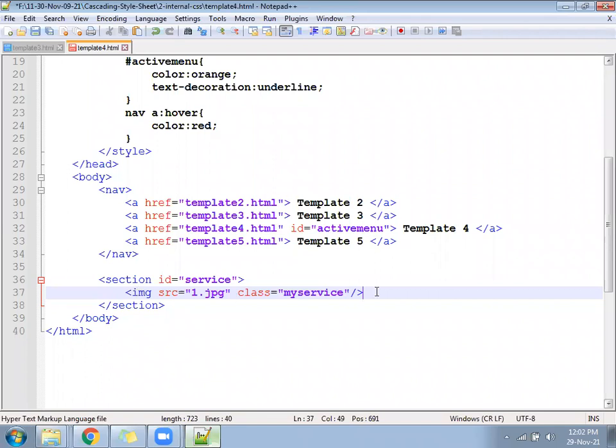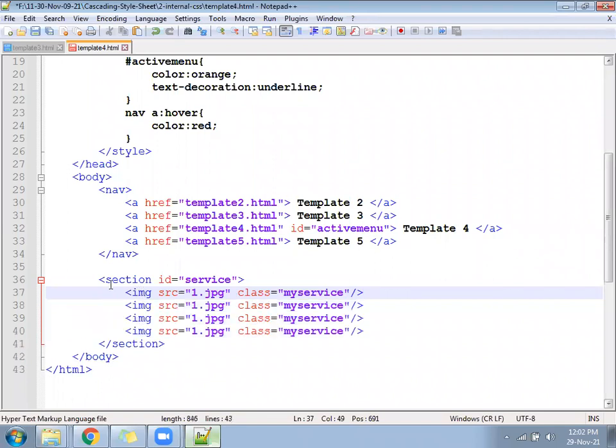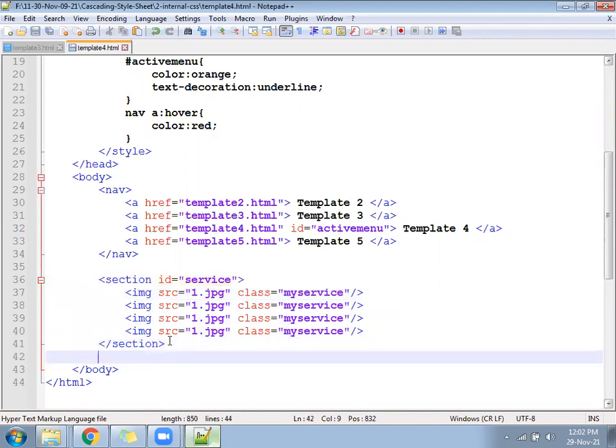This photo you repeat 4 times. For this service block, we'll write some margin, padding, we'll give some background, and then we'll write the CSS for my service. 2.jpg, 3.jpg, 4.jpg.